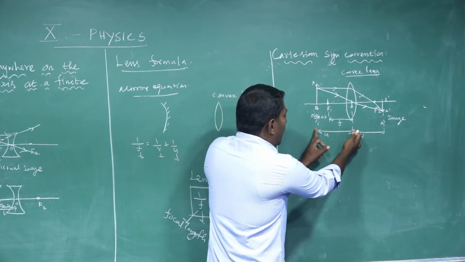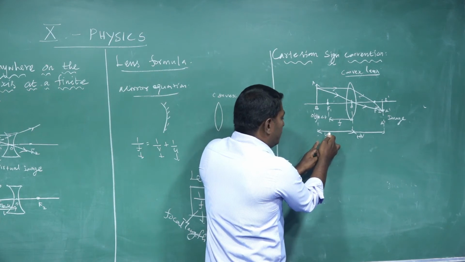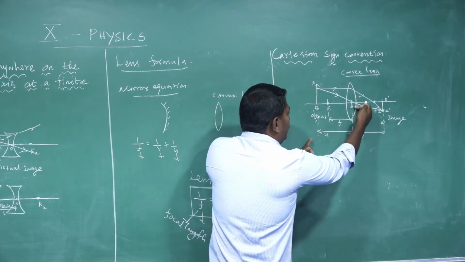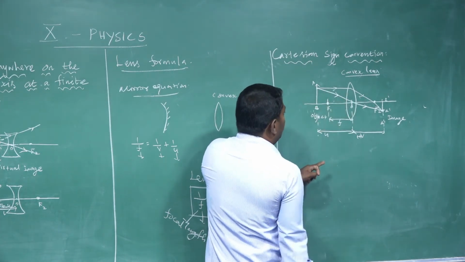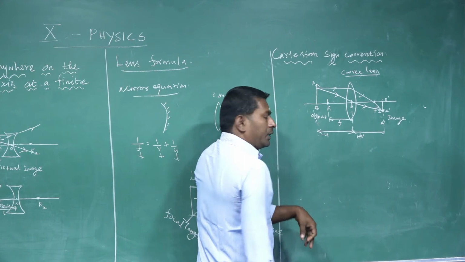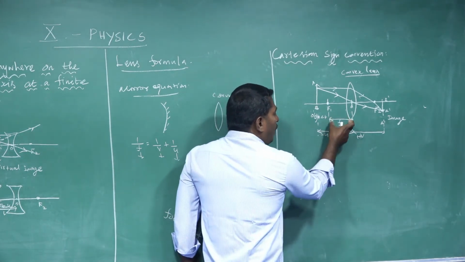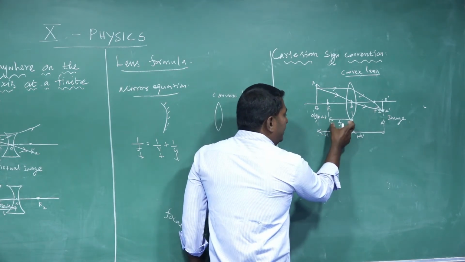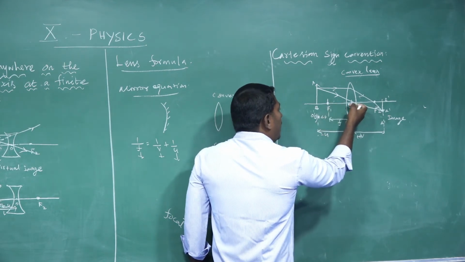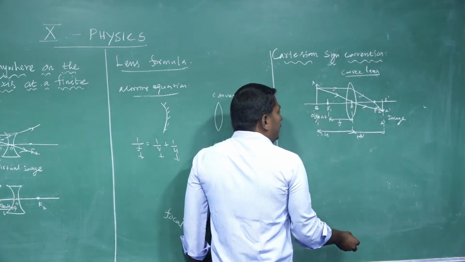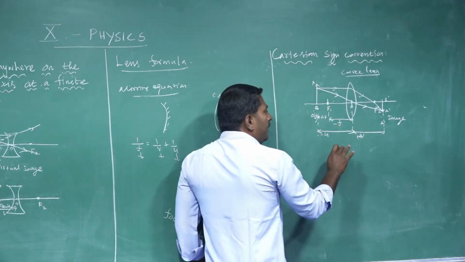For example, object distance. The distance between optic center and the object is called object distance U. The distance is measured from the optic center along this direction. The direction is opposite to the direction of incident ray. The distance is taken as negative. Next, focal length. That focal length distance is measured from the optic center along this direction, which is opposite to the direction of incident ray. That focal length is taken as negative, but in the case of convex lens, we have